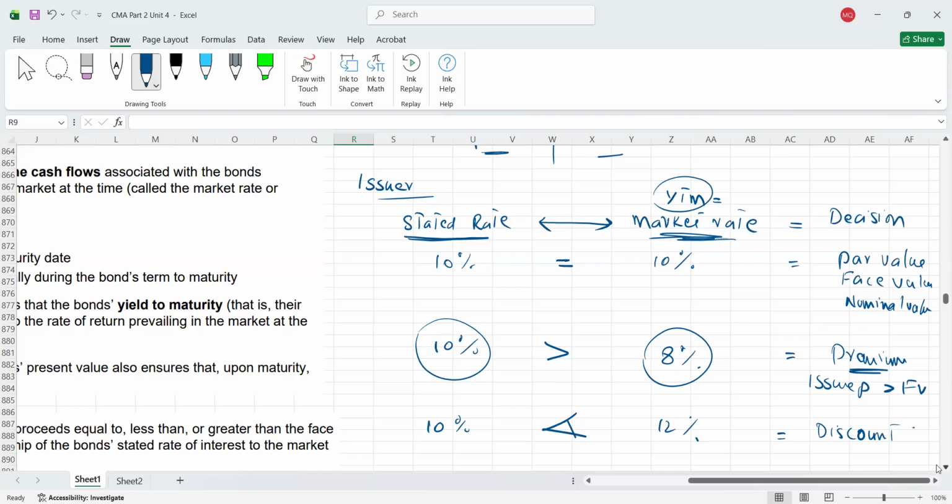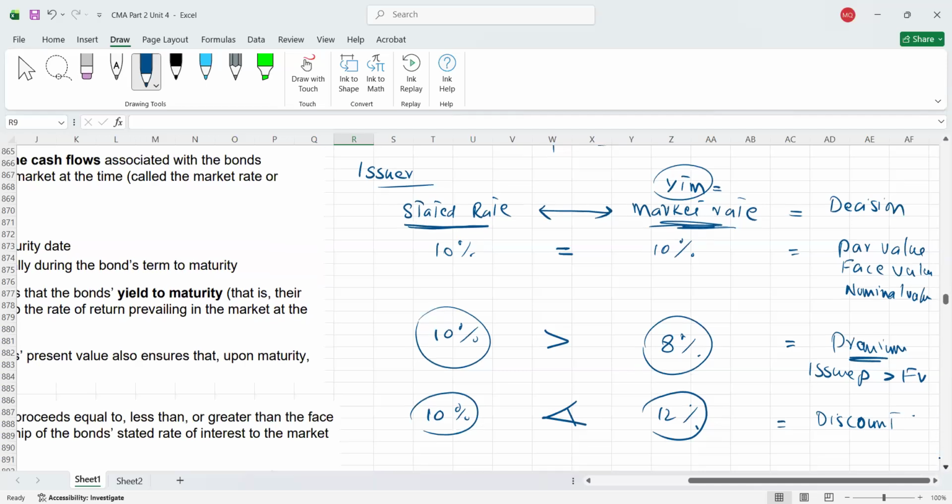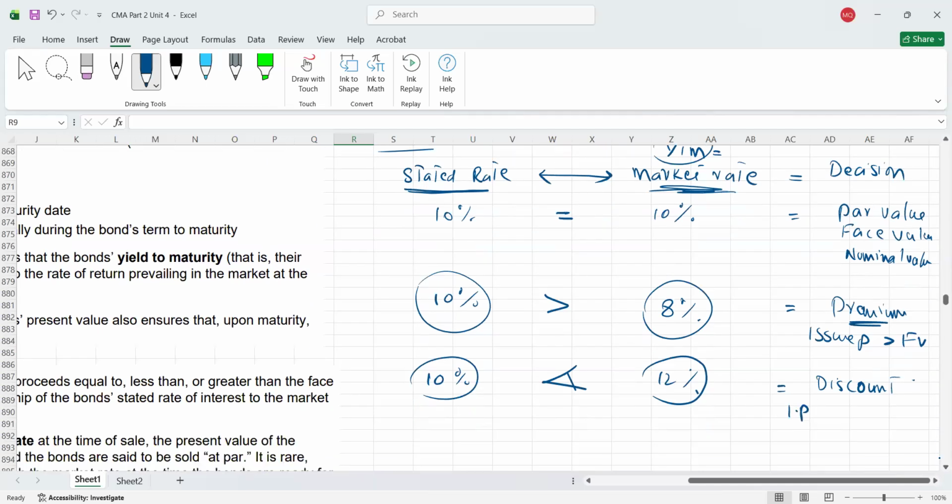Now the question is, why? Because in the market people are demanding, let's assume, 12%, but you are offering 10%. If you are paying 10%, lower than the market rate, today you should receive less than the face value. So discount means the issue price, IP stands for issue price, is going to be lower than